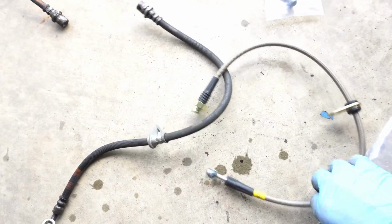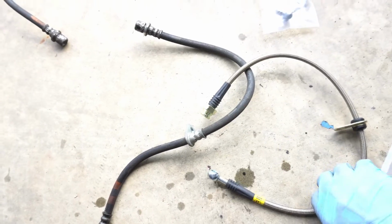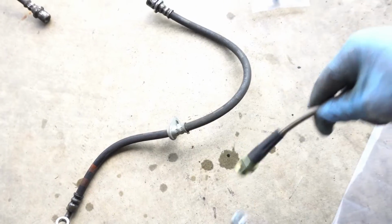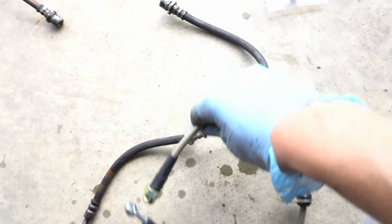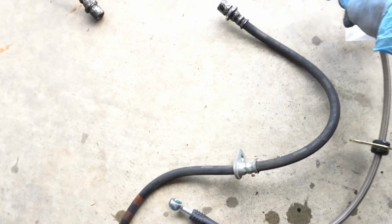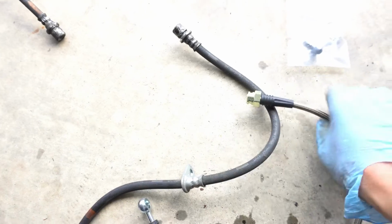Okay, here you go. The stock brake line is right here, and this is the stainless steel brake line right there. It's basically the same length. I know you can't really see it because I'm not really holding it. It's kind of bent over. Cool thing about this is that the